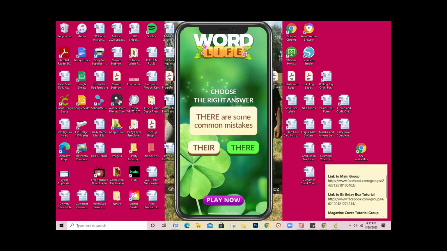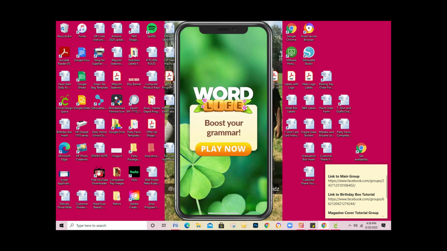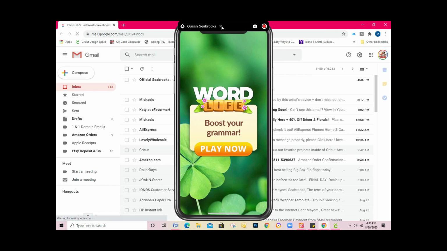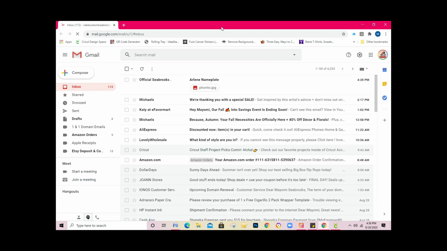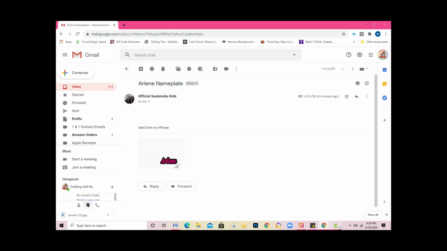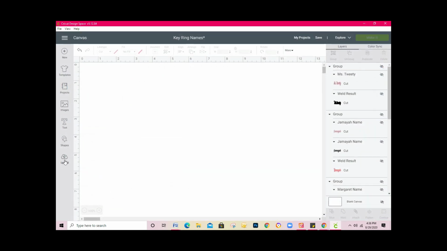Once I do that, I am going to go to my email. Alright, so I'm going to actually close this out. From there, I'm going to go to my email, click on this and just download it to my downloads. Once that is in your downloads, you're going to come over to the Cricut Design Space, and you're going to hit upload,